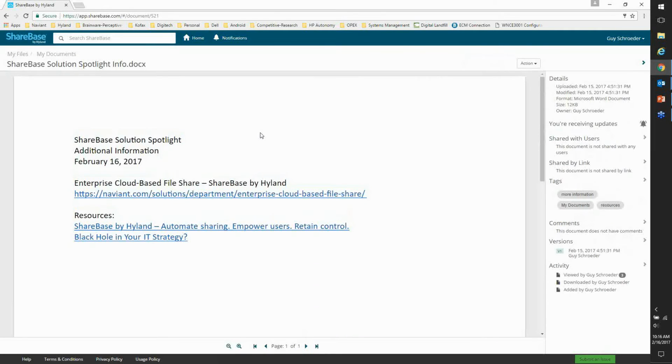And you can see that what it does is it actually renders that document directly within ShareBase here. This is a Word doc that I put together and just uploaded. So some nice things with this. Hyperlinks are enabled with this. I'll actually share this document with you after we're completed this morning, but this gives you some different links where